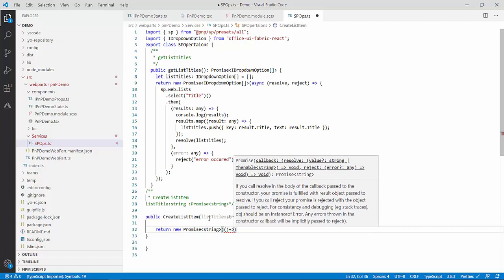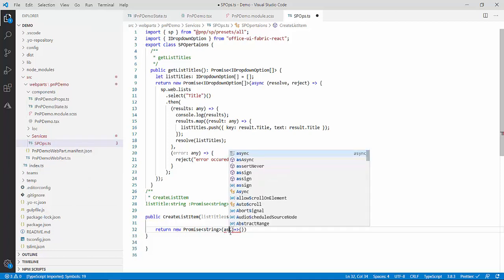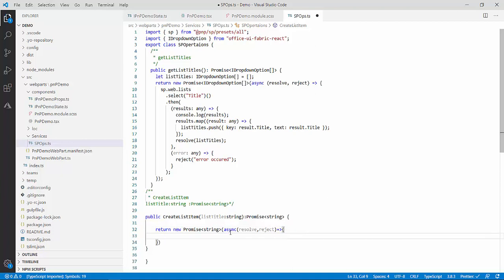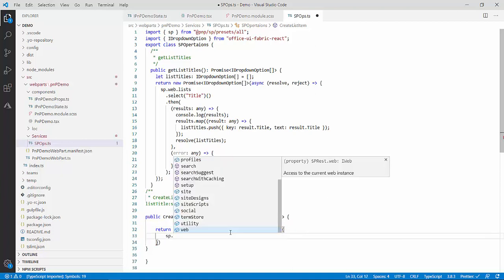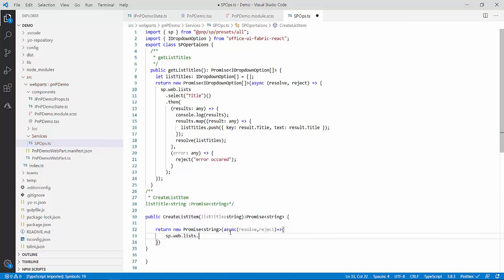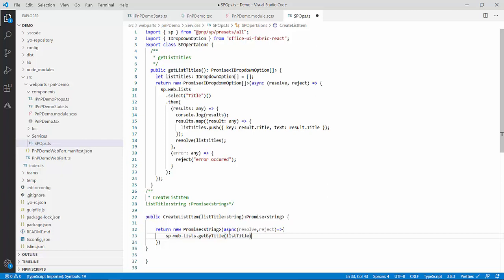And you will see how, using PnPjs, it is very easy to create the list item also. So it will be async resolve comma reject. So sp dot, now over here directly we will write our code: sp.web.lists dot, I have getByTitle and getById, so I will use getByTitle, and inside this I will pass my list title. After that, dot items dot,